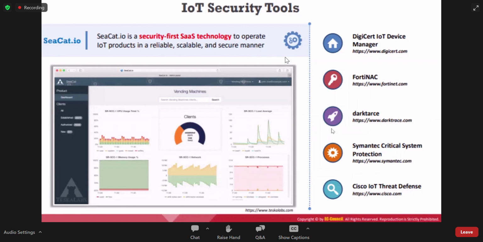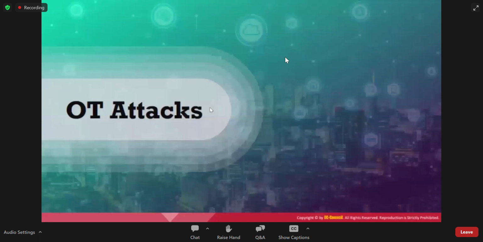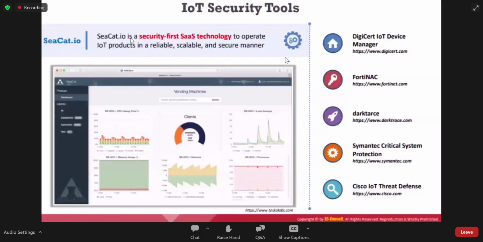And we have IoT security tools like CCAT, a security-first SaaS technology to operate IoT products in a reliable, scalable and secure manner. Instead of a managing system, we can use CCAT itself. We also have Fortinet, which is one of the products from Fortinet technologies, and Cisco IoT Threat Defense as well.